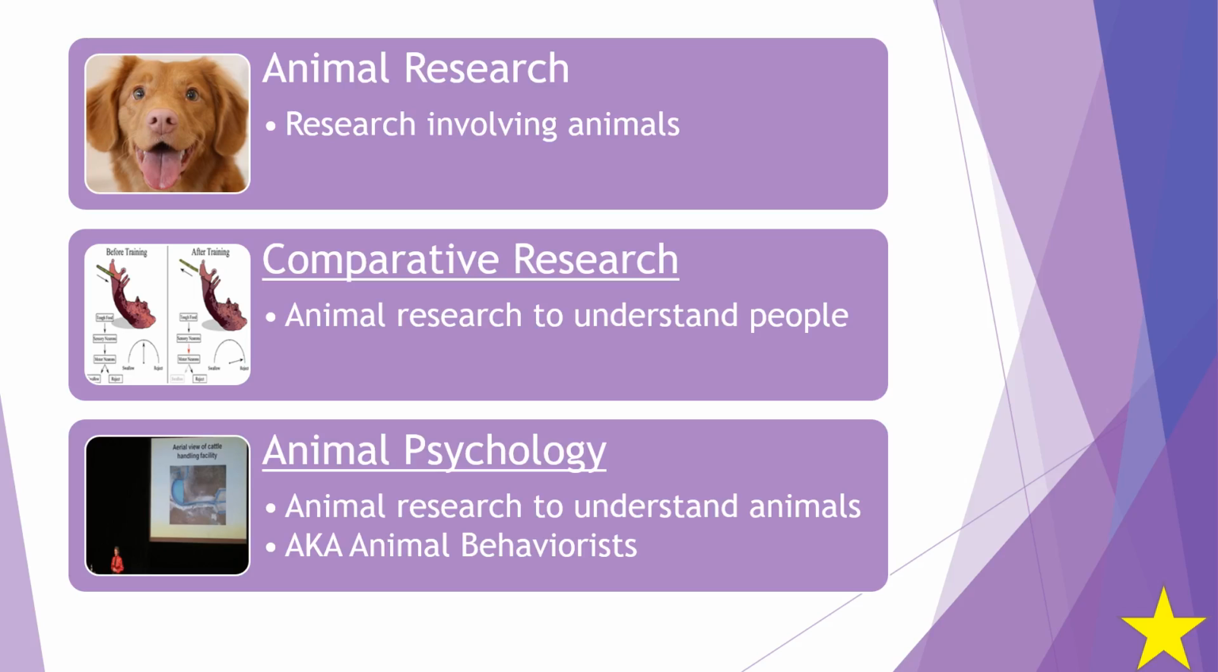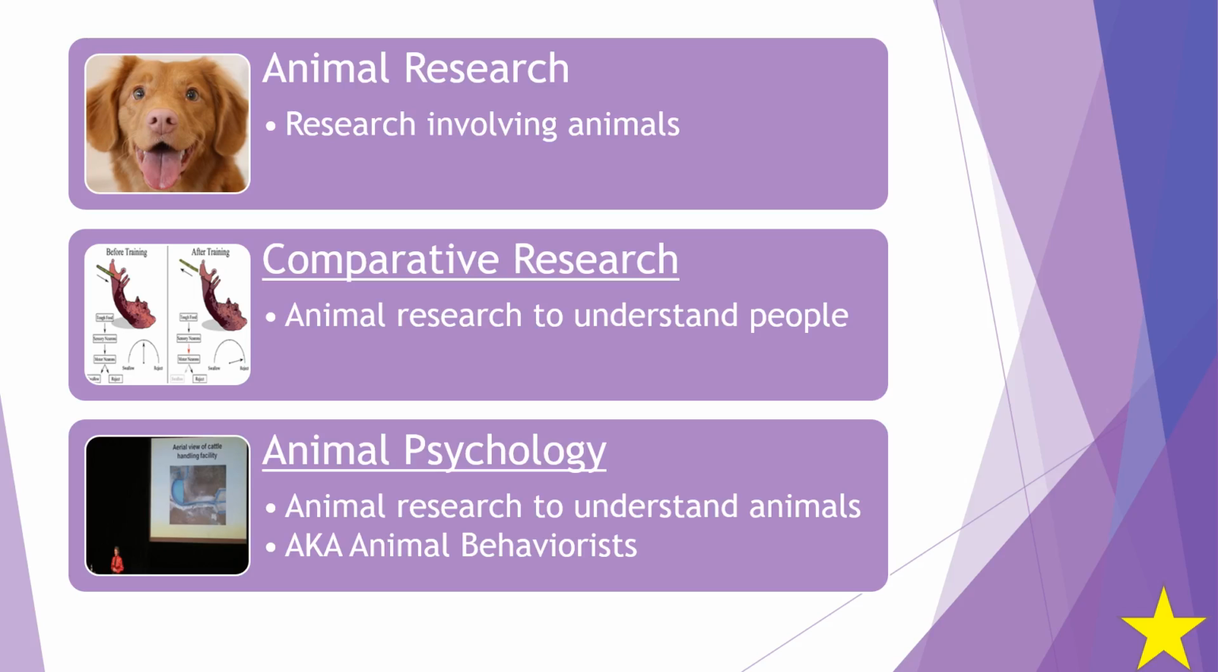So just to get a couple terms squared away, animal research is research involving animals. Comparative research is what psychologists call doing research on animals with the purpose of understanding people. We'll look at an example of that here in a second, but there's a lot of research that gets done on animals with the purpose of understanding how things affect people. For example, you hear about lab mice being used as testers for medication, for cancer treatments, for so many different things in medicine. And that same kind of stuff translates over to psychology, where we use animals for various different